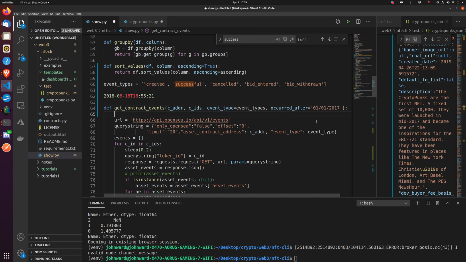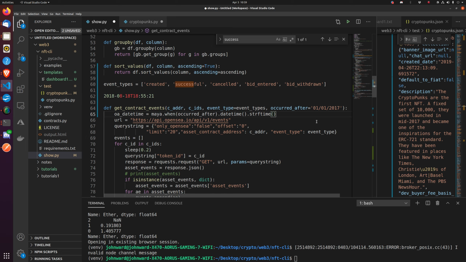And then let's convert that to, say, OA date time equals datetime.strptime of occurred after, and then .datetime,